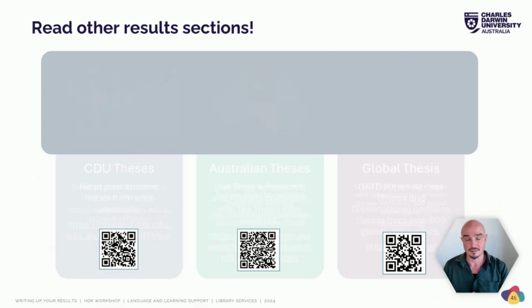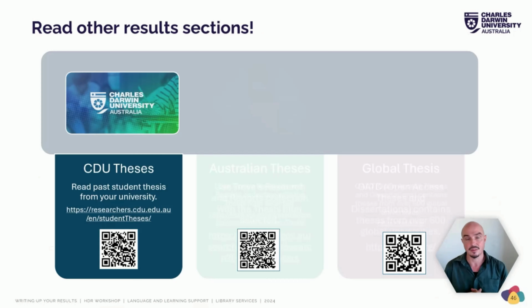The best bit of advice I can give you, though, is to read other people's results section. Since you're HDR students, I advise you to go to the CDU Bank of Student Theses to find a thesis that's similar in topic to yours and that's within the same discipline, and see how your discipline has done it. Anything that you find in that bank has passed, it's been approved, the candidate has been successful, they are now a holder of a PhD. So make note on how they've organized their results section, and the kind of language that they've used, and the kinds of visual images that they've used.